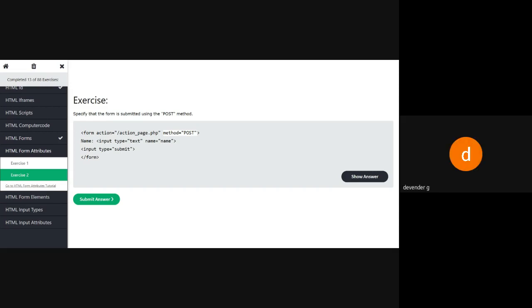Which screen are you getting on the screen? Exercise 2. Are you getting the exercise? Exercise 2 is showing. Yes, sir. On top, if you see, okay, the screen is here only. Okay, right. What I can show you, because the screen is covering only up to this. Okay, what I can do.